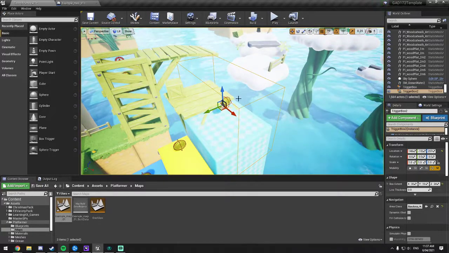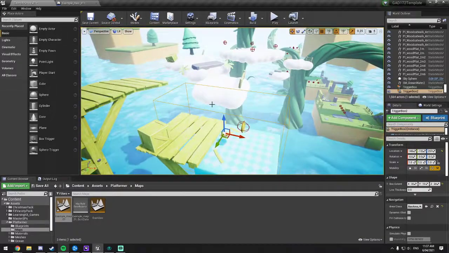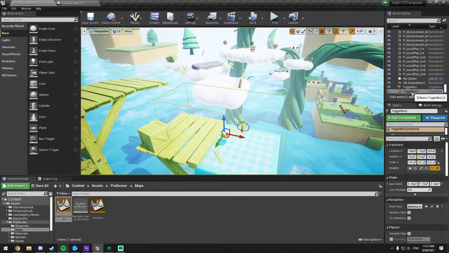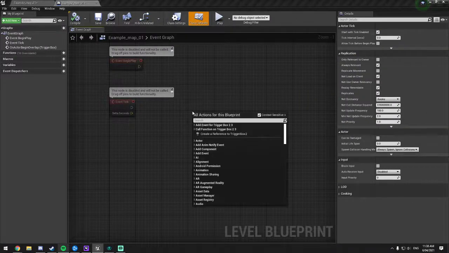So the next step is to have the level blueprint respond to this. I'm going to grab the reference to our trigger box by clicking on it, and then go into our level blueprint and right click. Because it's highlighted, it gives me some predefined context-sensitive options here. So we can add an event,